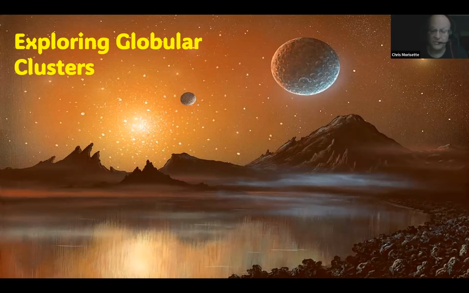Tonight's presentation will be exploring globular clusters. Globular clusters are a natural congregation of stars born together in primeval clouds of hydrogen and helium in the early parts of the universe. Globular clusters from the time of discovery in 1665 through the analysis of extragalactic globular clusters with the latest space telescopes constantly provide new information about the earliest stages of the cosmos and the evolution of